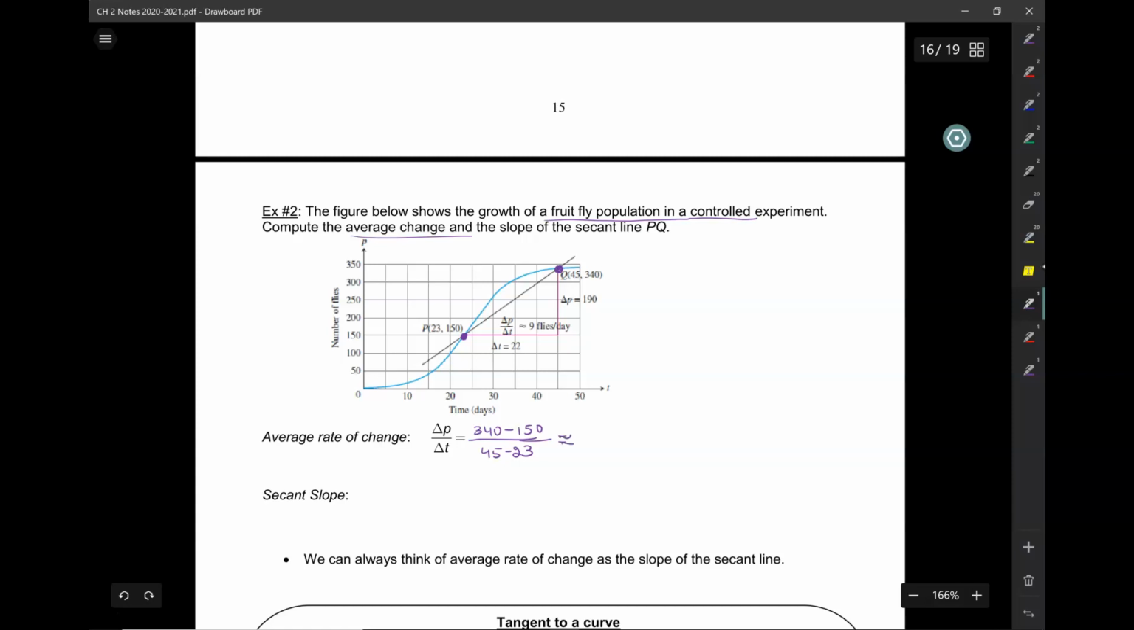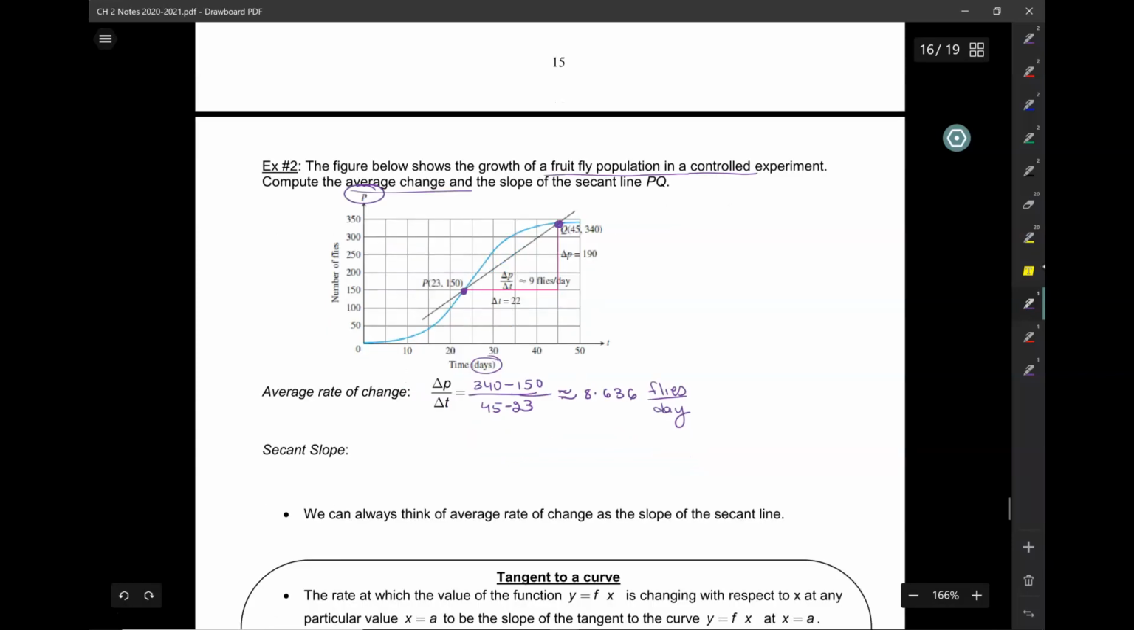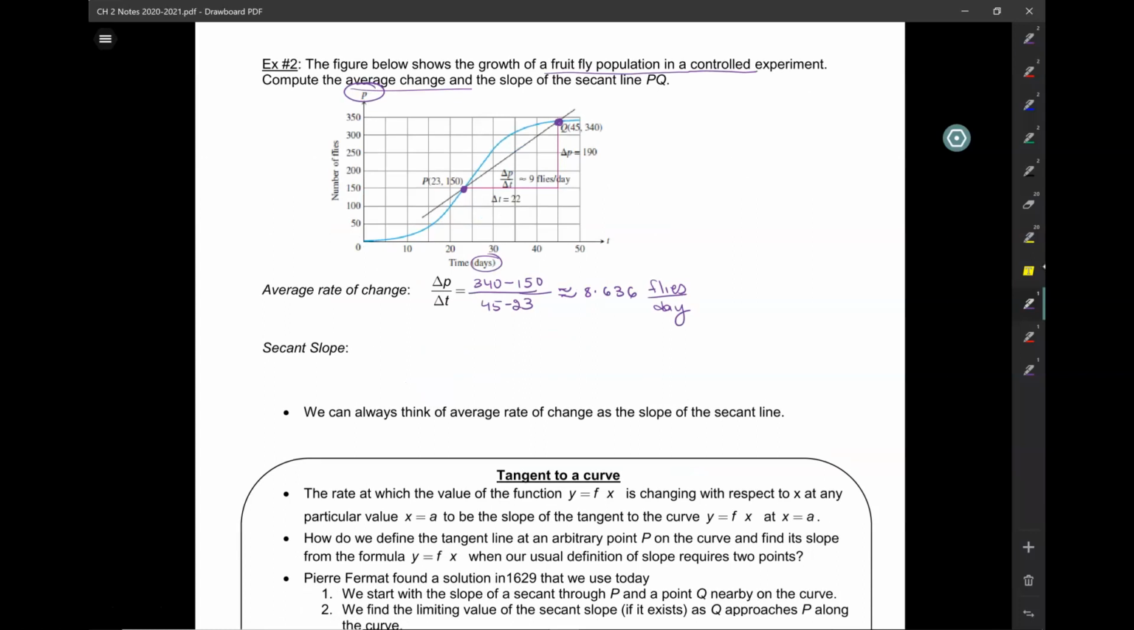and that's roughly 8.636, but we need to have proper units. So what we have here in the numerator is the change in P, that's the dependent variable P, which is the number of flies, divided by delta T, which is the change in the independent variable time, given in days. So this is that many flies per day, right? And so what we found here is the average rate of change,